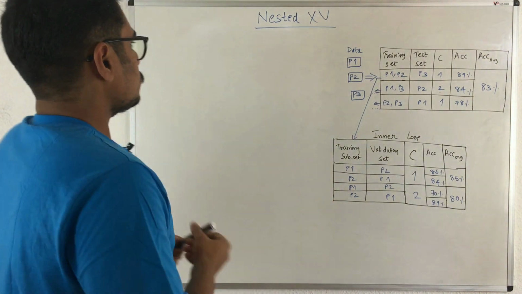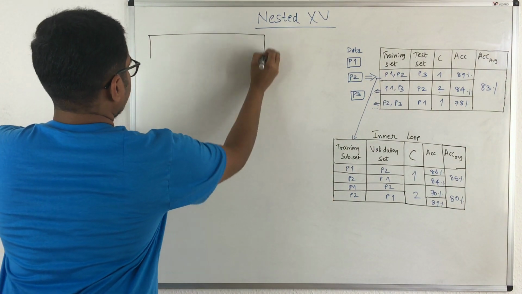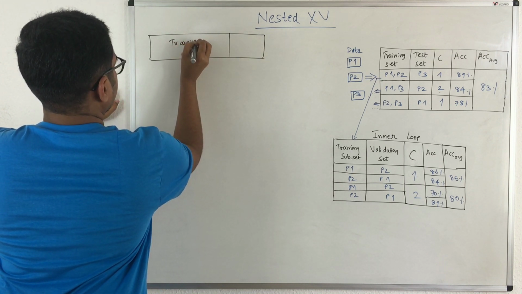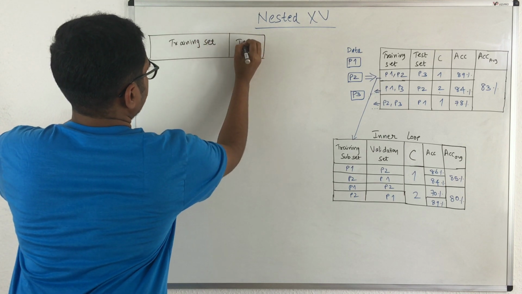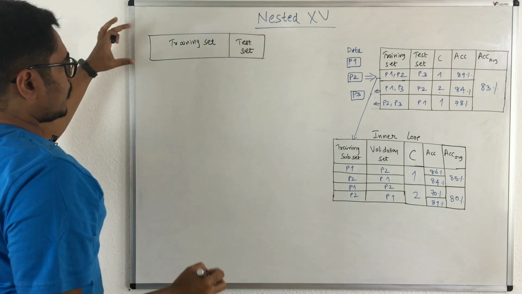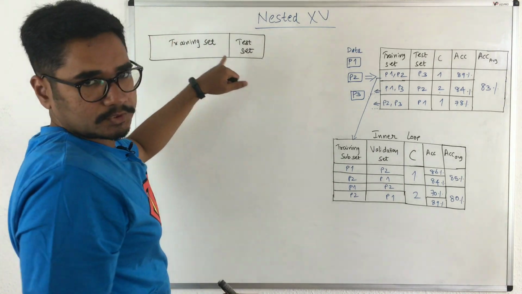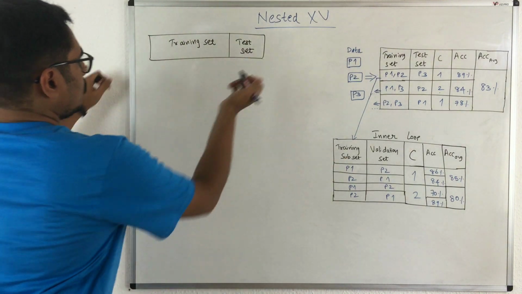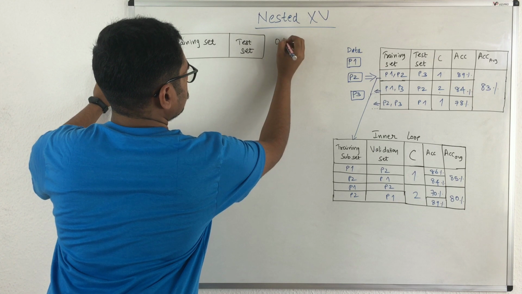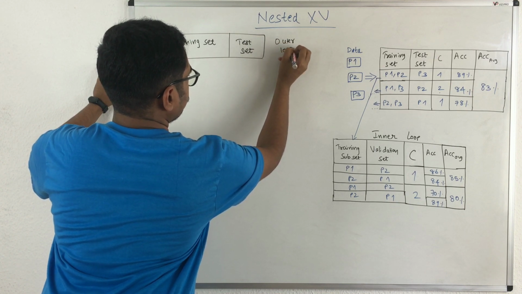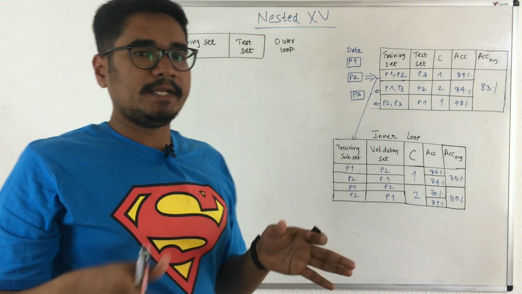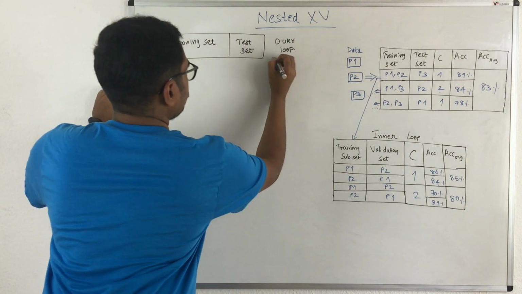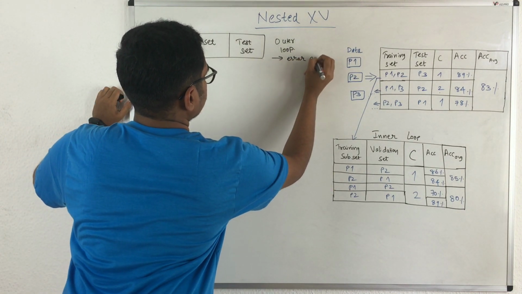So let's start. We know that our data set is divided into two, that is we have this part reserved for the training set and this part for the test set. Whenever I draw this kind of representation, it is a shorthand for how we divide the data set into training and test set. Now in nested cross validation, we have this part as the outer loop, that is, at the very first step when we get the data set and divide it into training and test set, that becomes our outer loop, and this is for error estimation.